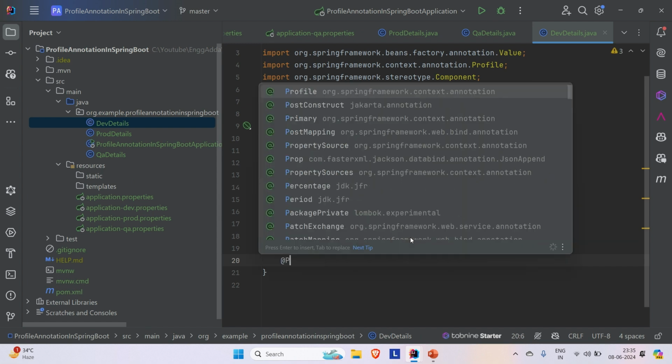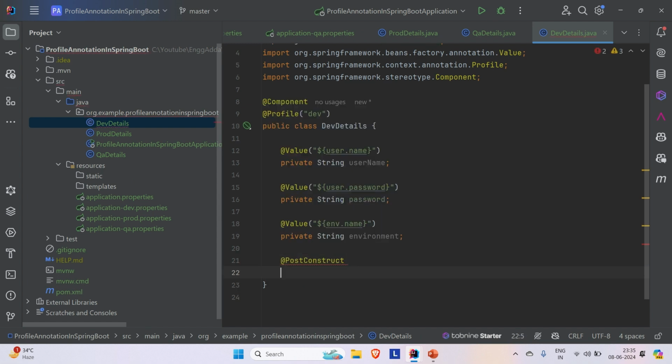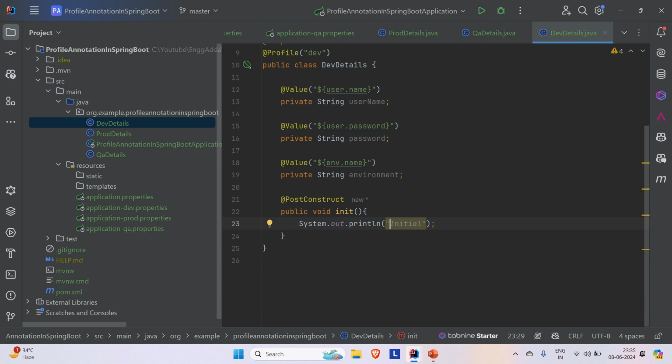Now I'm just going to create a method with the @PostConstruct. Let's say it is public void init, something like that. And what I'm going to do is simply print out this username, password and the environment. So let's say "Getting the details of dev environment",